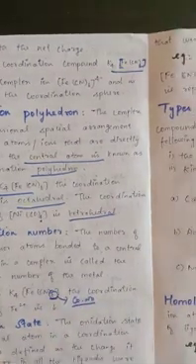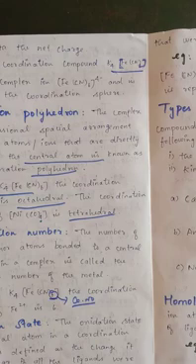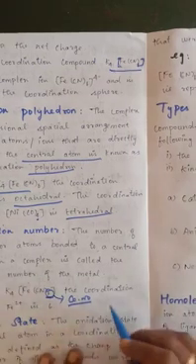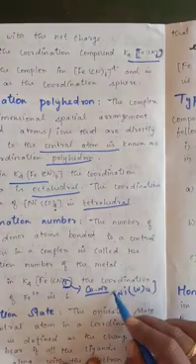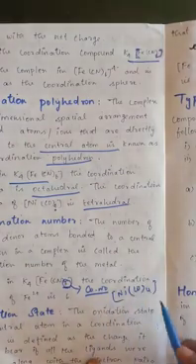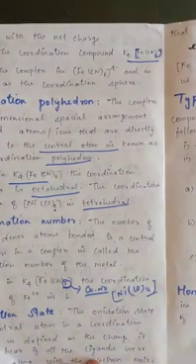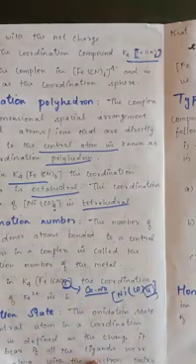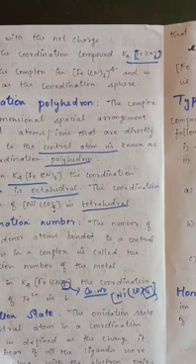It means how many ligands are ready to form a bond with the central metal ion. That is the coordination number: for Fe it is 6. Suppose Ni(CO)4, what will be the coordination number? The 4 will be the coordination number. Here the 6 will be the coordination number. So the coordination number is written at the bottom of the ligand.